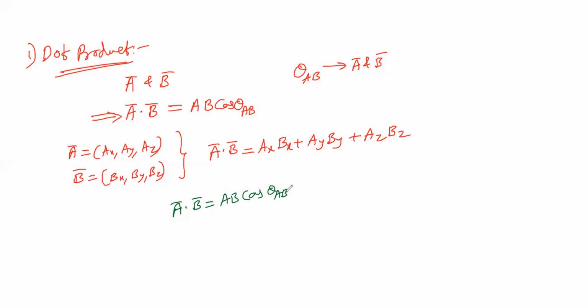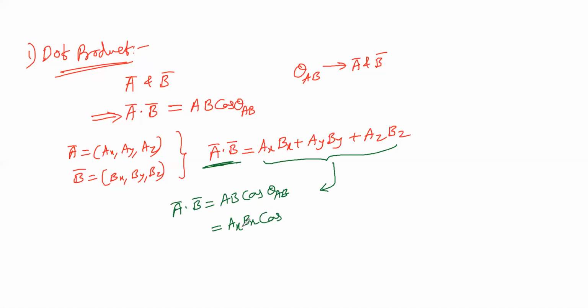Here theta ab is the angle between the two vectors a and b. Now, if you take this product a bar dot b bar, which is written here, the x coordinates have to be multiplied first. I am explaining this equation in a detailed manner here. Look here: ax bx is the product, followed by the cosine of the angle between the vectors a bar and b bar.